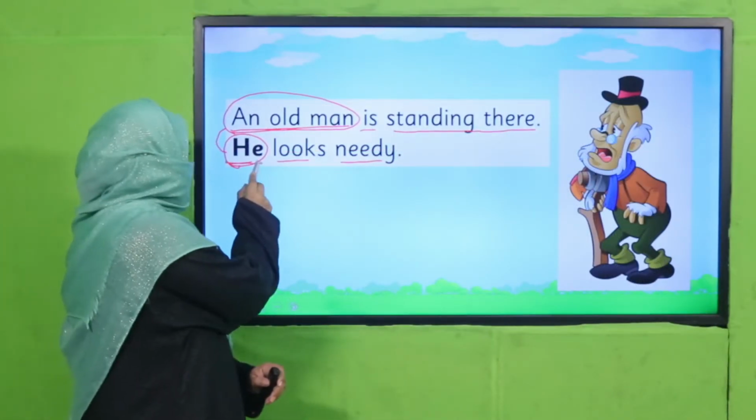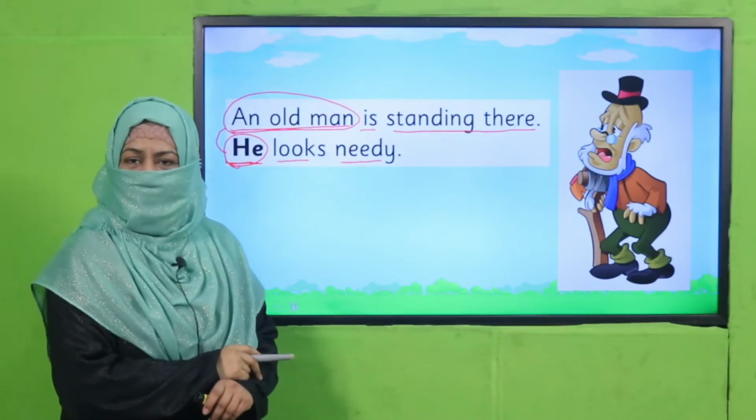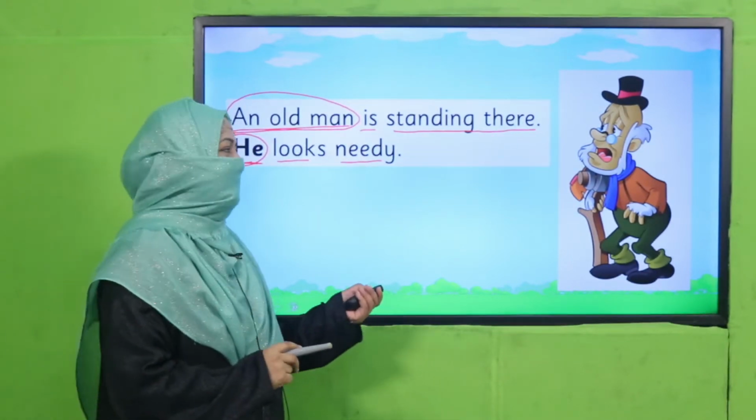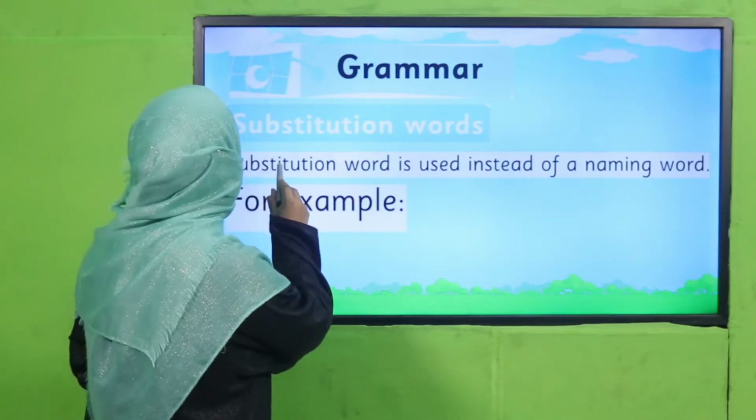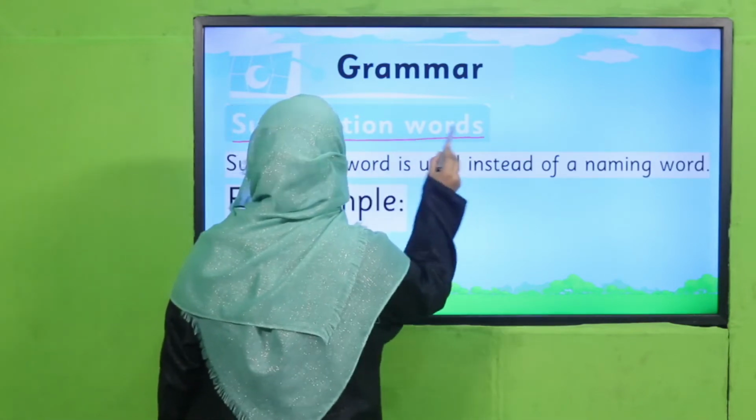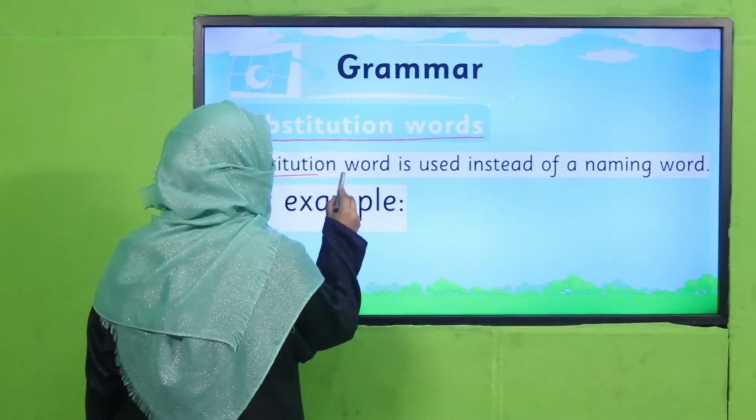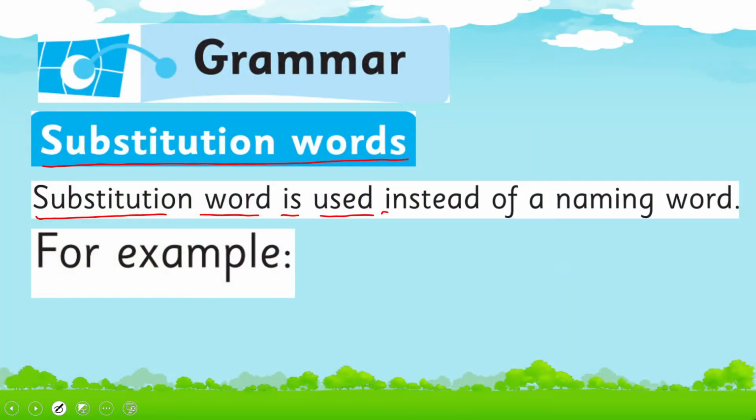So this is an example of a substitution word. Are you clear? Okay, let's see what your book says about it. Substitution words. A substitution word is used instead of a naming word, means in place of a naming word, we use a substitution word. Its examples are,